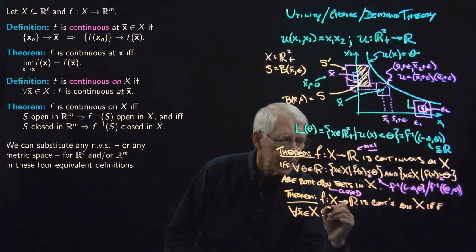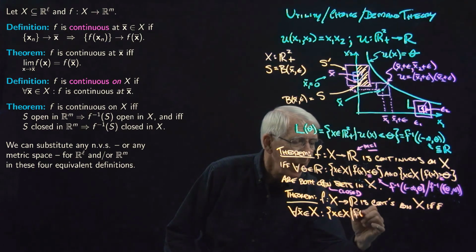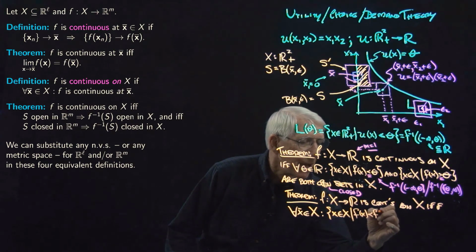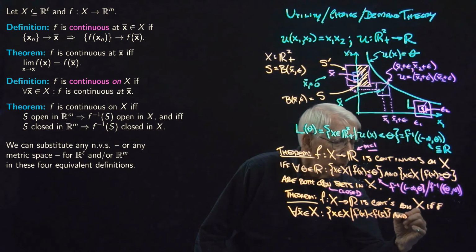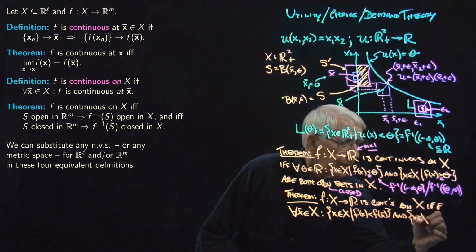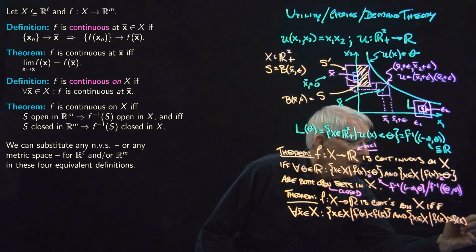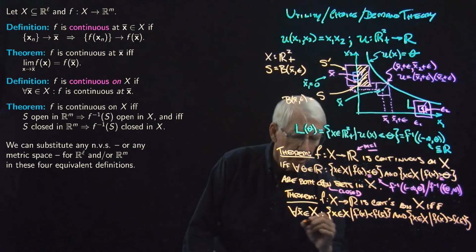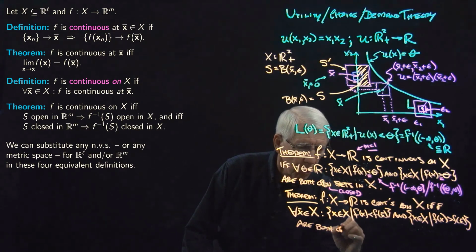But let's just write these sets. This is the set of all X in X such that f of X is less than f of X bar, and the set of all X in the domain such that f of X is greater than f of X bar are both open sets